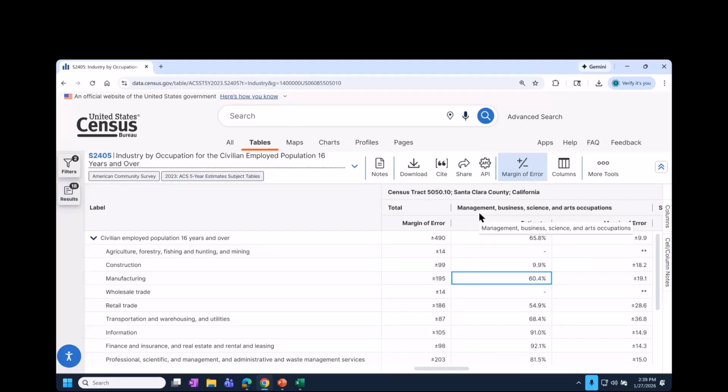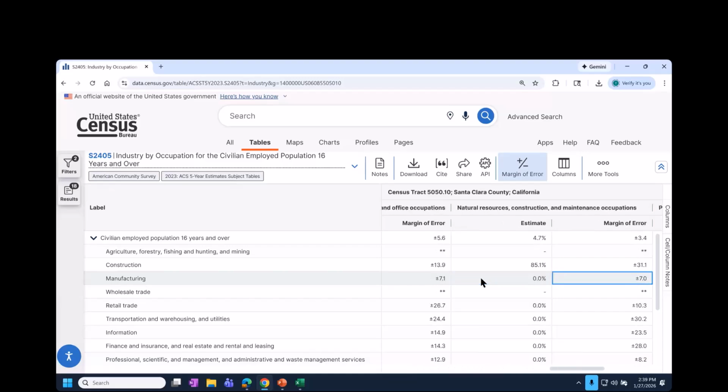And then we see at the top, there are different columns that provide the occupation. So this is telling us that 60.4% of those manufacturing workers work in occupations for management, business, science, and arts. So maybe they're managers or working perhaps in more of like a headquarters setting. And as we scroll to the right, we see 8% in sales and office occupations, and then 31.6% in actual manufacturing, production, transportation, or material moving occupations. So kind of interesting to see,